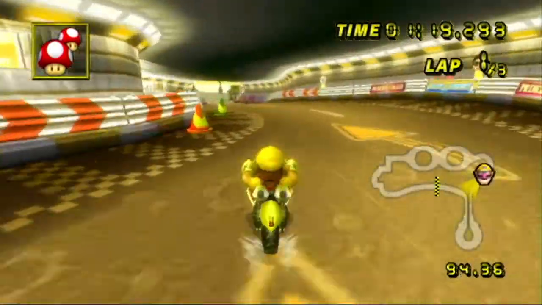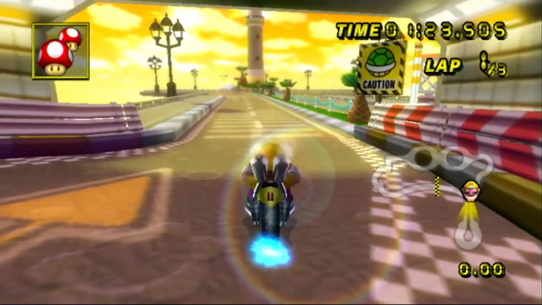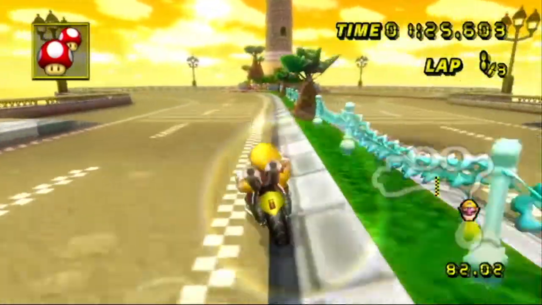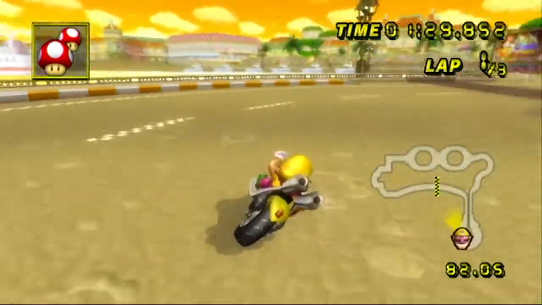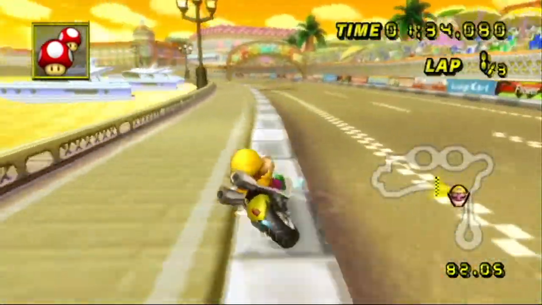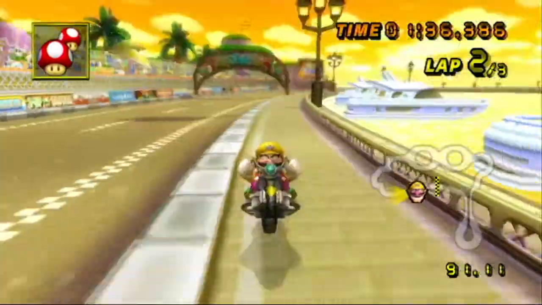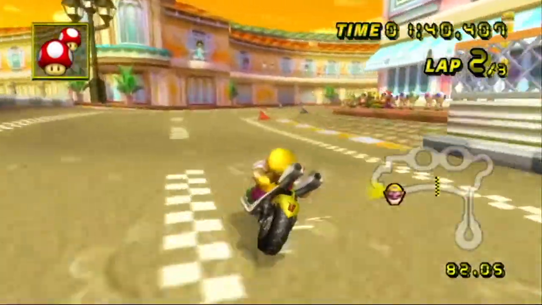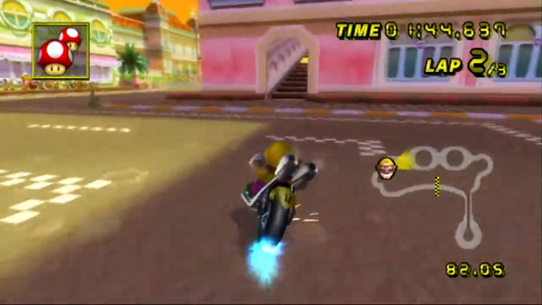This controller is messing up. Okay, let's see. I mean, it does do a 94, I just want to... Yeah, it does a flat 94.36. Let's see how I can take the final turn. I mean, it is inside drift, but it's not that good of an inside drift. But it is better than outside drift, so...